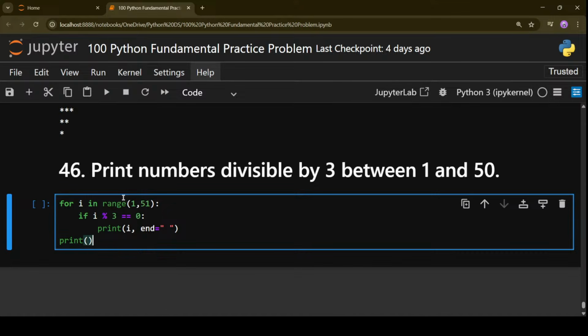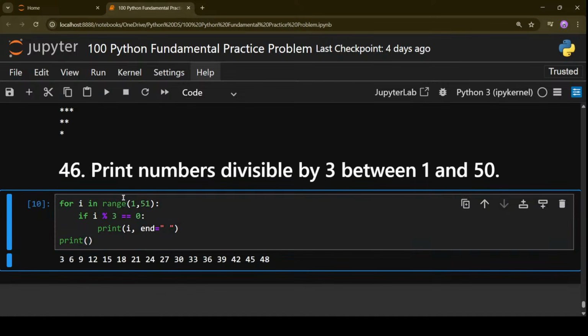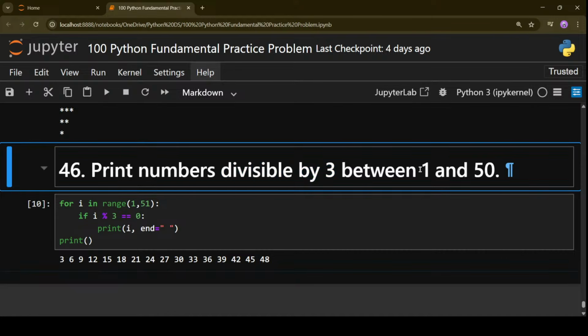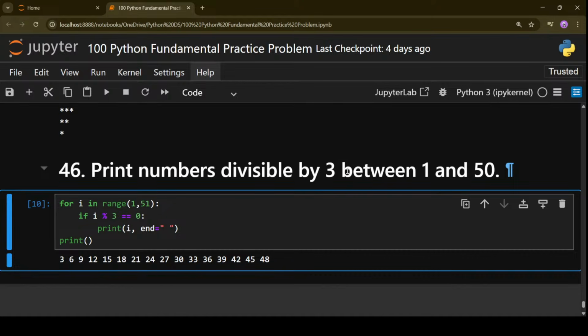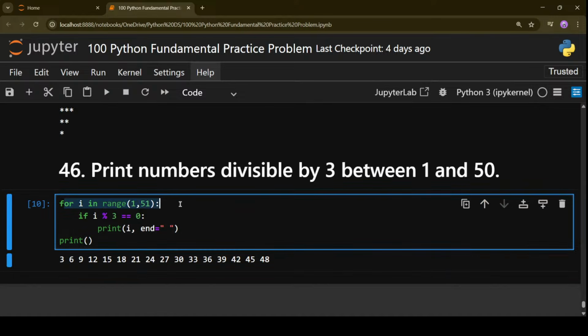So guys, let me just first execute it. Okay. So these are the numbers which are divisible by 3, and what we have just performed here is a very simple logic. That is, we just read the question that we need to check for divisibility by 3. What is the range? 1 and 50. So with the word between, it clearly means that we have to go for a for loop. We have to use the range function and we have to give 1, 51. Then we have to check what are the numbers divisible by 3.